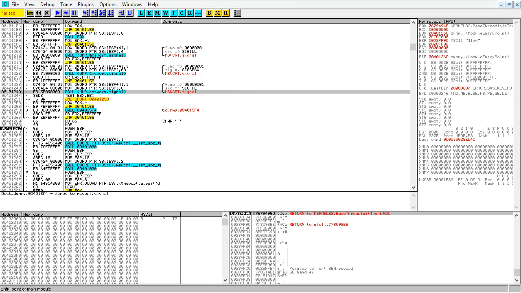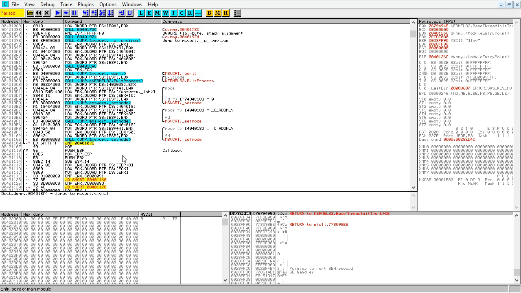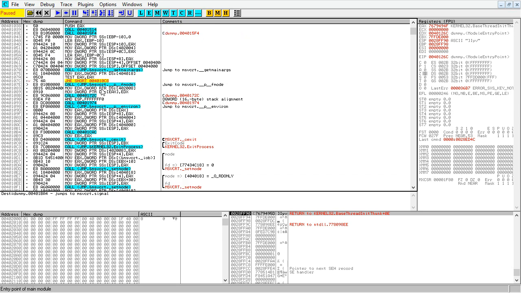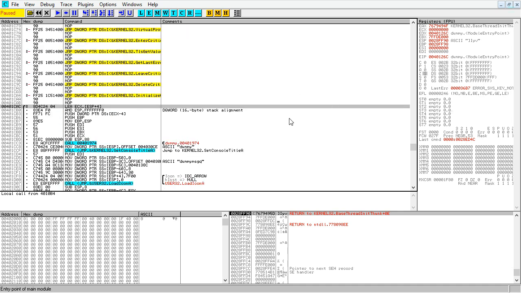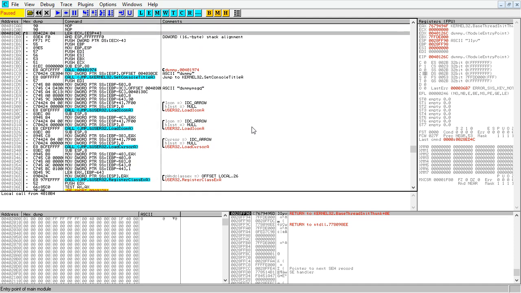Anyways, back into it here. With knowing that though, you can scroll up and eventually you'll see something that looks like this. A bunch of junk. You see a C exit call, and above it you'll see a call to an address, and that address every time is the beginning of the user written code. If we just disregard this chunk here, which is just setting up the scope for this chunk of code,